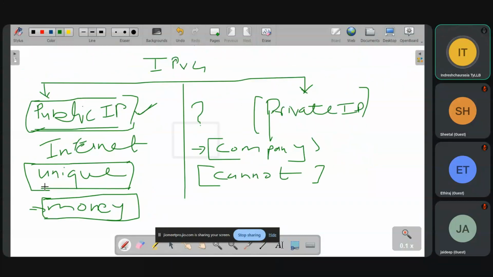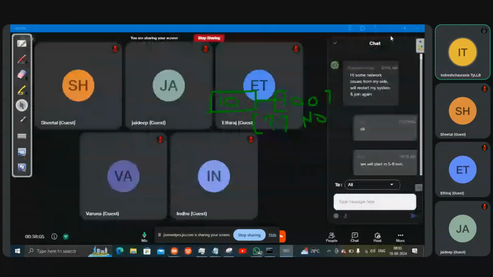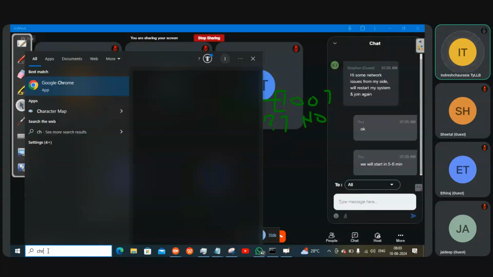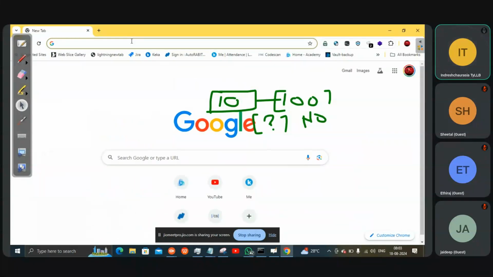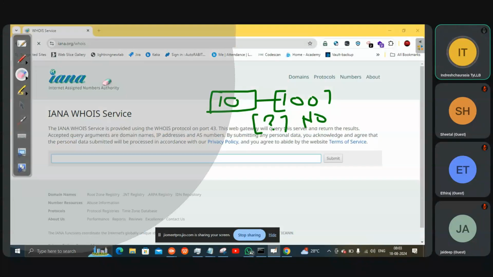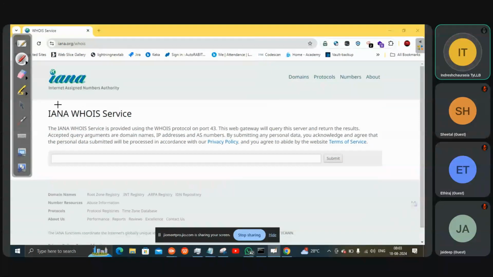And this unique IP address, where it is getting registered under IANA, there is a centralized body who maintain the register of all this. See, this is the website of the body who maintains the registry of IP addresses.